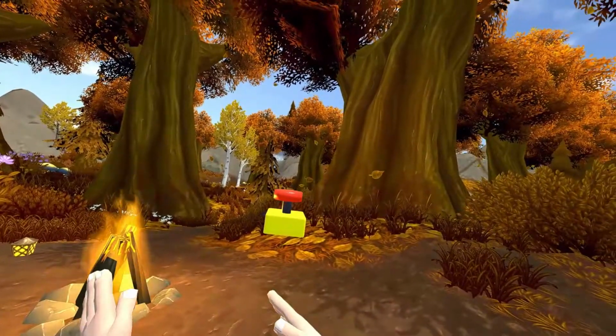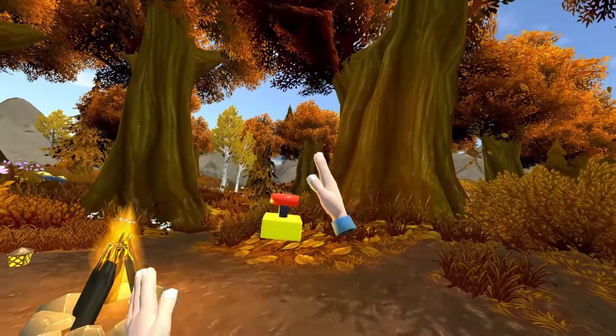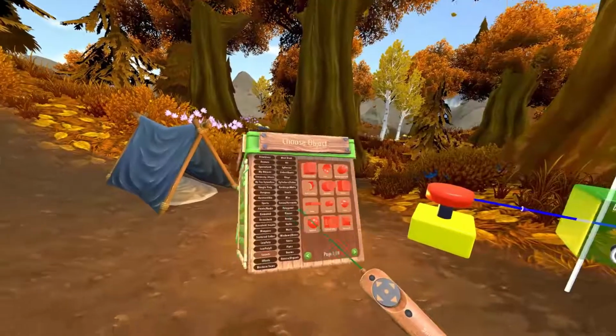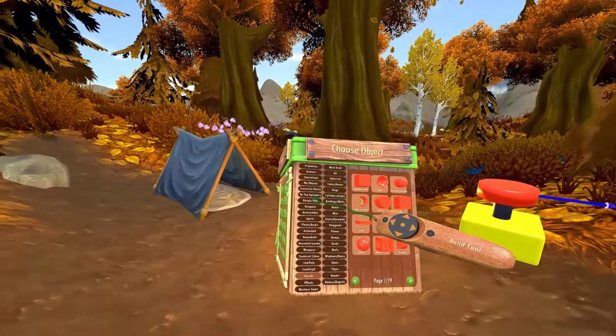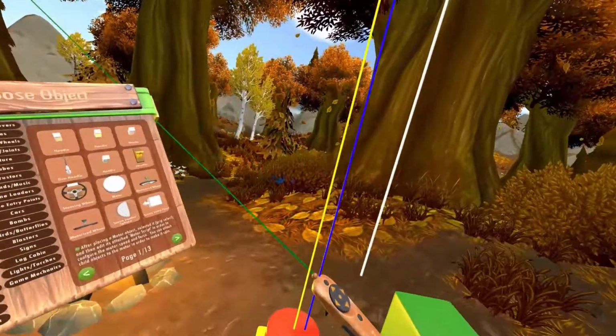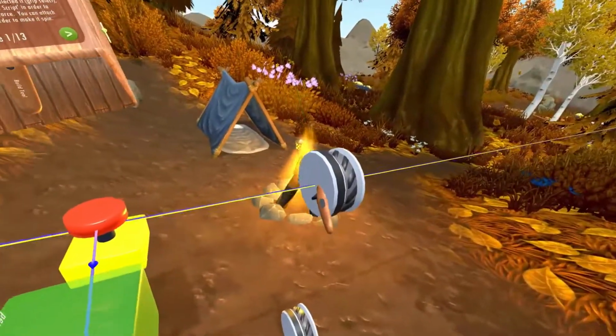Okay, so now every time I hit the button, it moves, it clicks, and it plays the sound. Okay, very good. So let's keep going here. I want to add a motor, and so we're going to run this motor when we